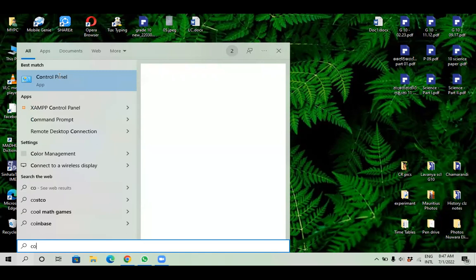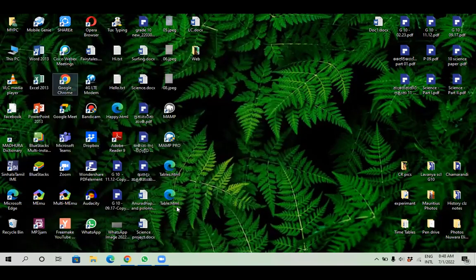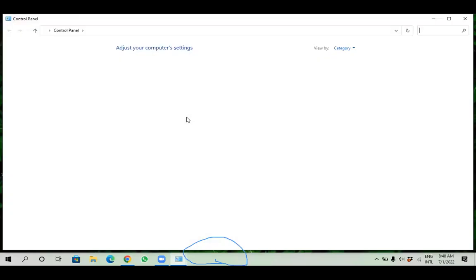You can go to the task manager and speed it up a little. If it is not open, you can right click there and start the task manager. Let's make it a little faster. I think you have a lot of applications running there. That is the reason why it has slowed down.